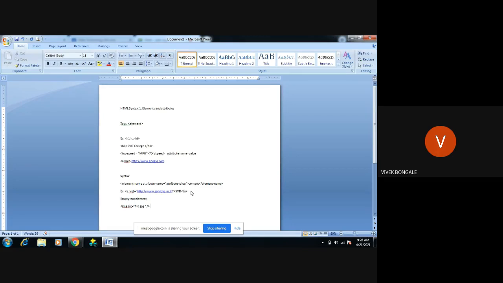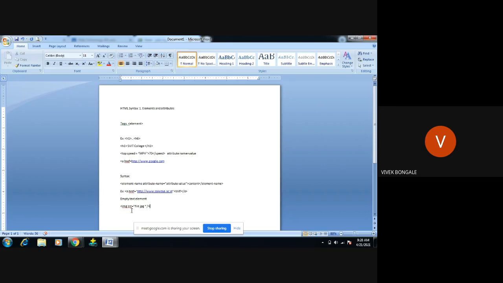If we consider any of the tags as an element or attribute, it starts with a tag and ends with a tag. But when it comes to an empty text element, there is no end tag. There is only a starting tag, that is image, and it just does something for the browser.